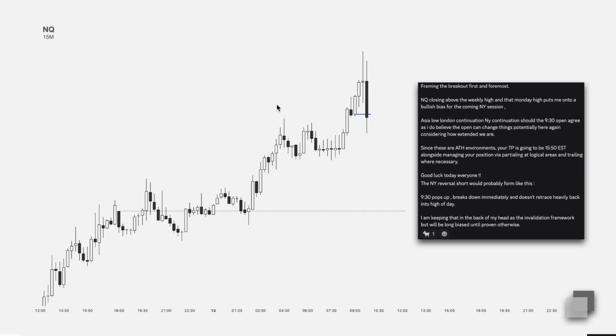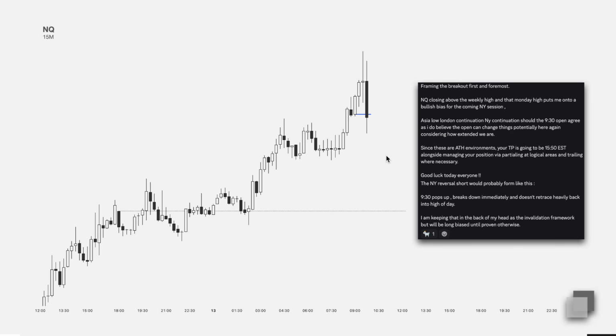Now, as a general rule of thumb, if I'm looking to be trading bullish only, I will be ignoring sell setups. But as we can see here, there is a potential for something that I like to call an invalidation setup. What that means is that I am expecting, due to how the 9:30 open has been trading and for the signature that is forming above the highs, for this to actually be a bearish day and for my bias